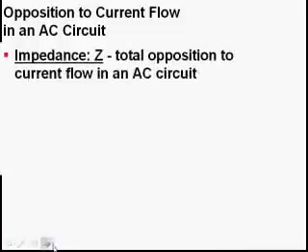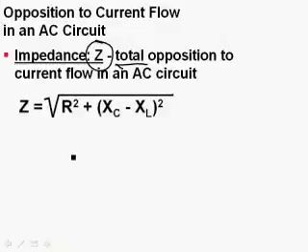All right, opposition of current flow in an AC circuit. You've already heard this definition here. That's impedance. If it's total opposition of current flow in an AC circuit, that's impedance. The symbol for impedance is Z, and it takes into account 3 factors. It takes into account resistance,